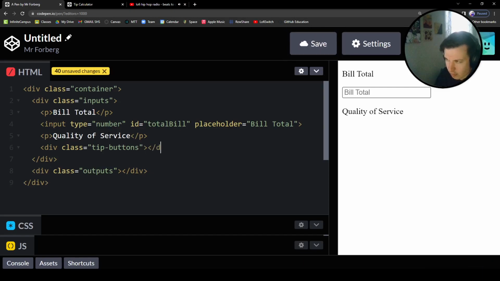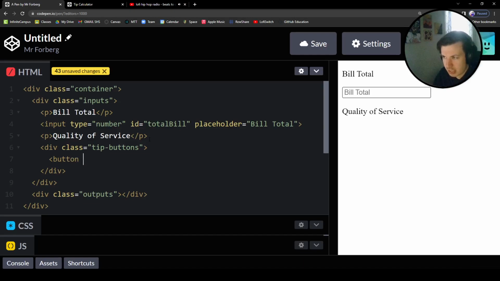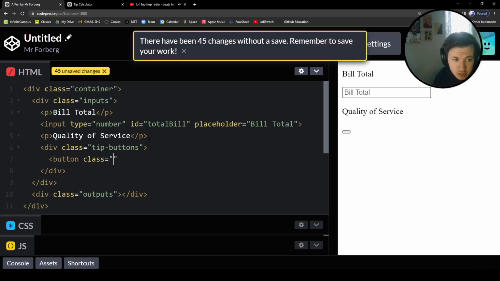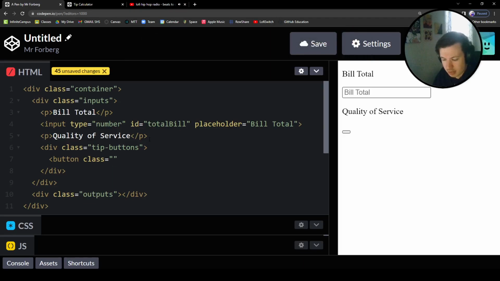So inside of this div, we're going to have a whole bunch of buttons. Cool. So we've got our div with our class of tip buttons. Inside of this, we are going to have several buttons. So let's go button. Each of these buttons are going to have 2 classes. So the first class that we're going to give is going to be the tip amount, and then the second class is just going to be a general tip button. So let's say this is going to be tip, and we're never going to tip less than 10%. So we're going to say tip 10, and then we are going to go with tip